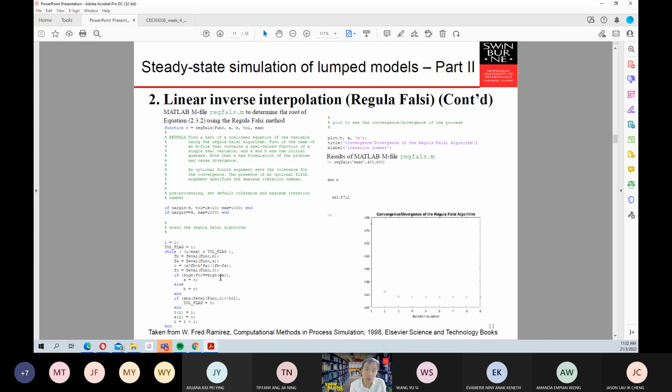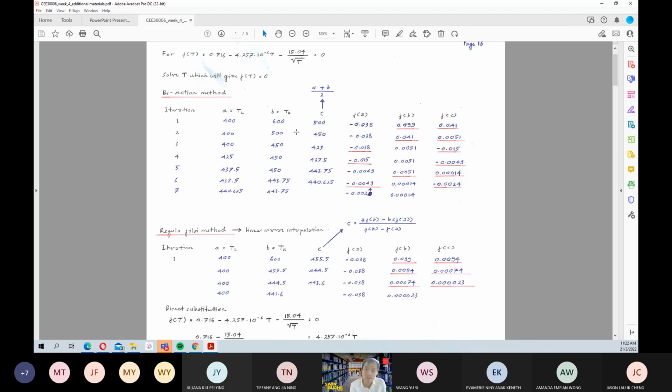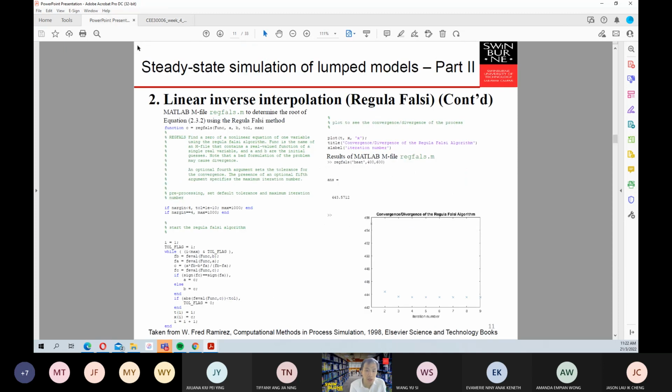Okay, like the logic that I give in here. Okay, so if your C in here is giving you a function that is positive, then it will replace the previous independent variable, the previous 600. It will replace 600, and you're gonna put it in here. Okay, so I'm going quite slow in here, to give you a MATLAB understanding of the code.